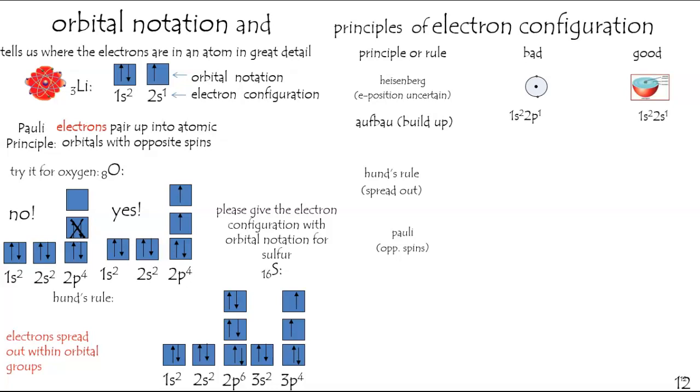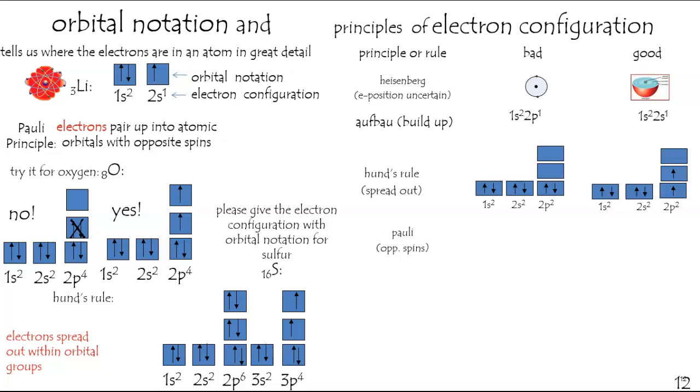We'd say 1s2, 2s1. Hund's rule says we should spread out our electrons, right? That's not correct. That is correct. And the Pauli principle is simply to put your electrons with opposite spins within an orbital, so that's wrong. That's right. Since this gets tedious, working your way out to, say, I don't know, Californium from 1s2,